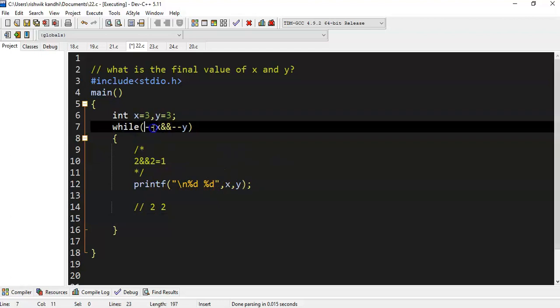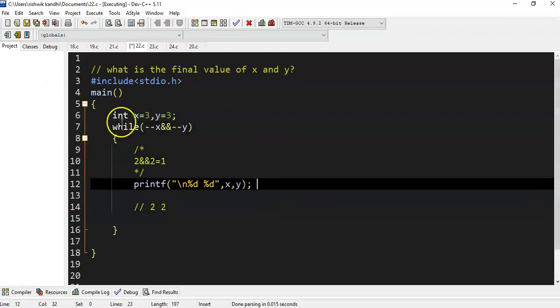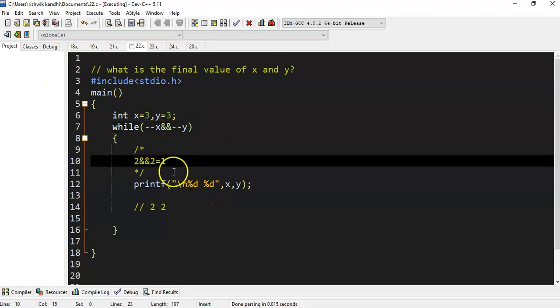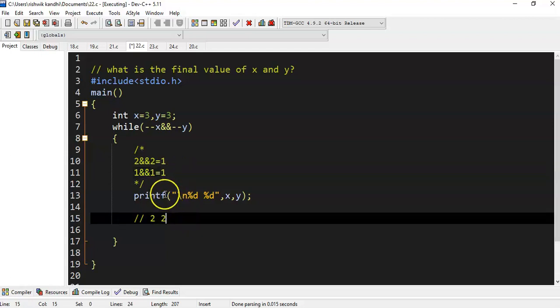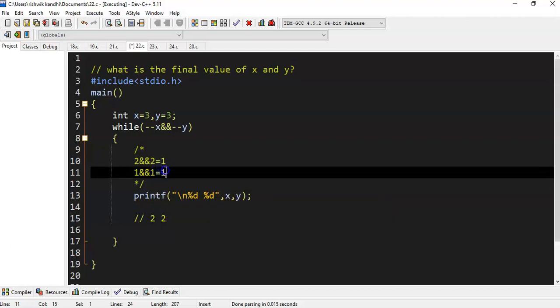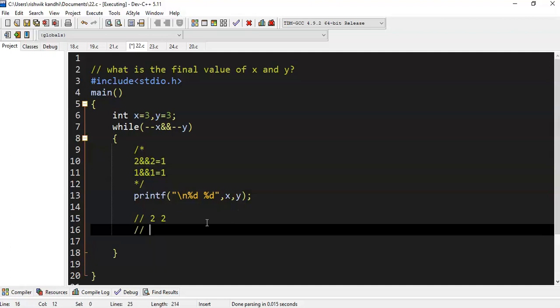Next, the flow goes back again and the condition is checked, that is --x. Now x value is already 2 and y value is 2. Now --x is 1 and --y is 1. That is, 2 has been reduced to 1 because of the second execution of this expression. True and true. 1 is also considered a true value. So the final AND is true, and the while loop's final output is 1. While of 1 is nothing but true. So in the loop body we are printing x and y. So 1 and 1 is the second iteration output.